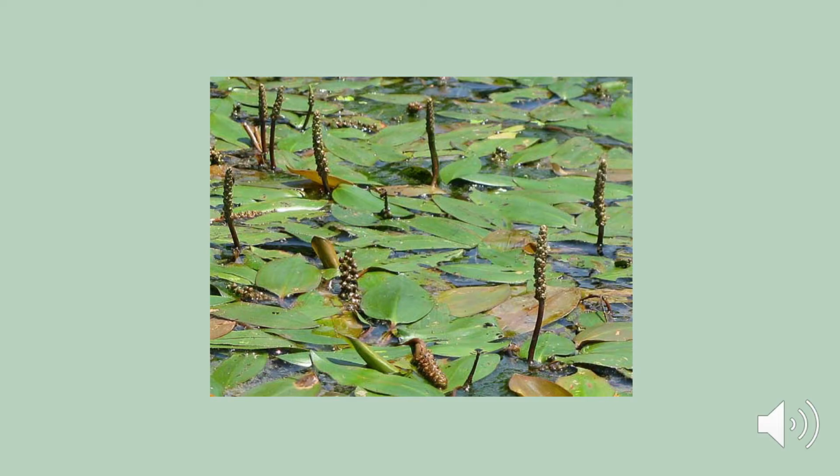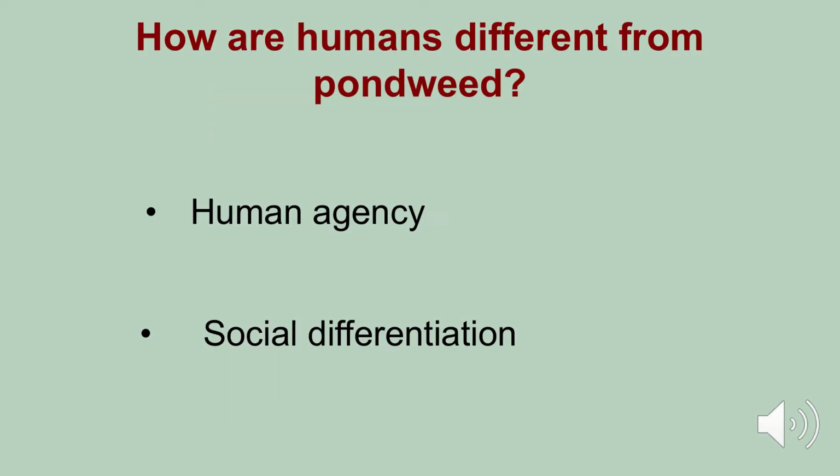I think there are two important differences. One is that humans have what sometimes is called agency. That is to say, we have the capacity to reflect on what's happening and to change our behavior, to do things deliberately, right? So we can see what's happening to the environment around us, and we can change our behavior in ways that potentially, maybe, avert the filling up of the pond and the ecological disaster that that metaphor suggests would follow.